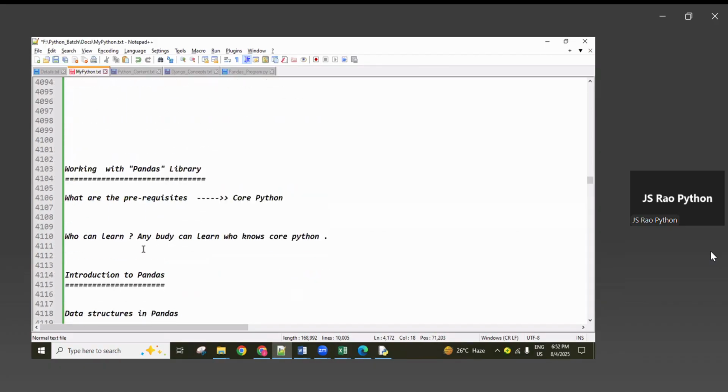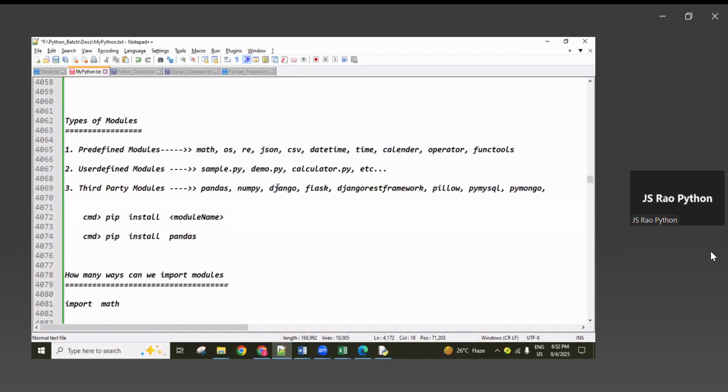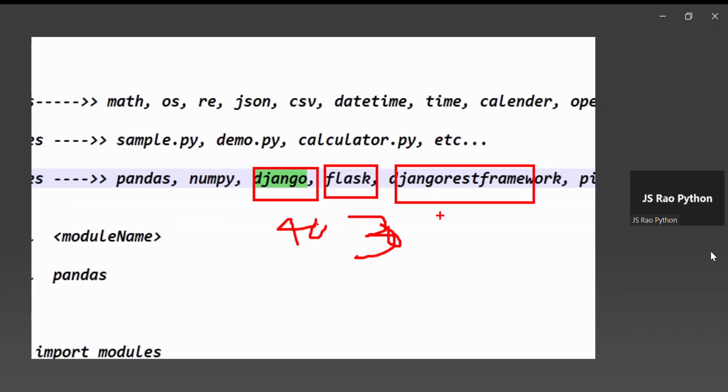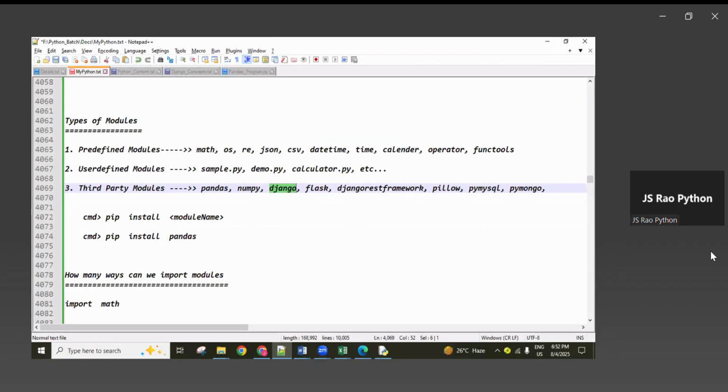Okay? So here I said these are all third-party modules. For example, Django. If we consider this one, we discuss about this one for 40 days, guys. About Flask, okay, about 30 days we discuss. About this one again, 20, 30 days we discuss, guys. So like that,